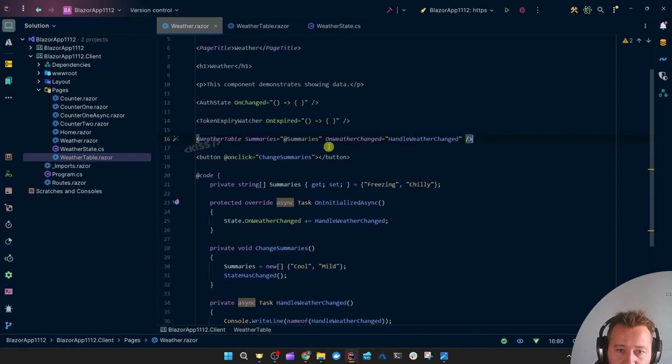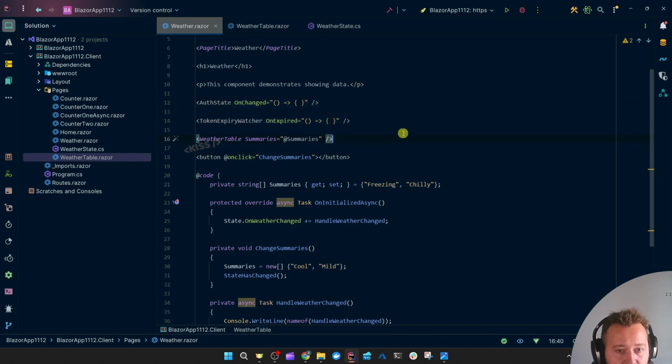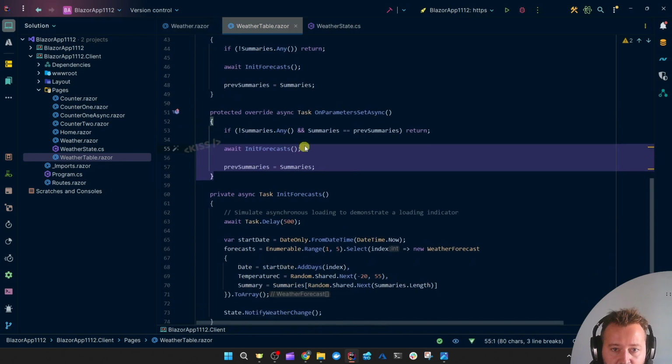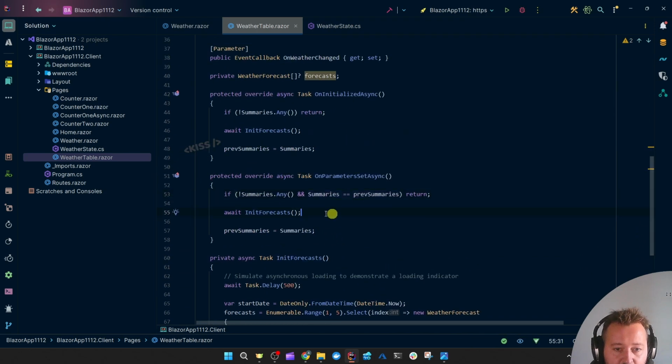So now we can remove this on weather changed and get rid of the potential infinite render loop. Okay, but we still have the problem of these causing extra renders, which in turn may cause unnecessarily extra initializations of the forecasts. But of course, I implemented this faulty logic to prevent extra forecasts when none of the summaries